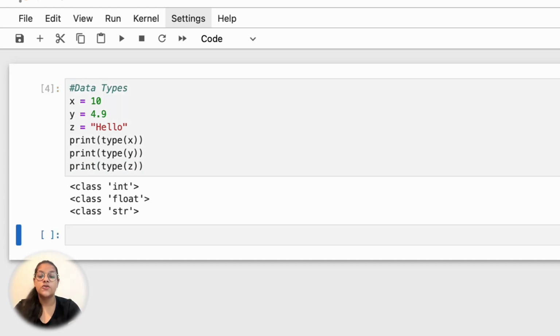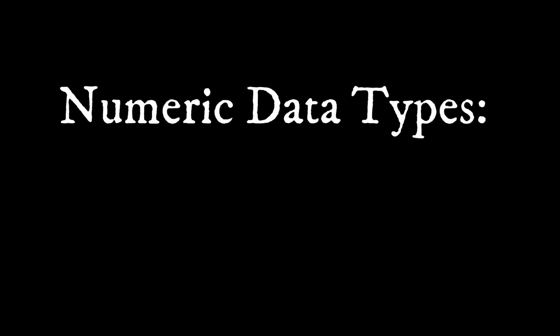And so we have used three data types here: integer values, float values and string data type. Float values are decimal numbers and string is text type data. So let's go and learn them in detail.